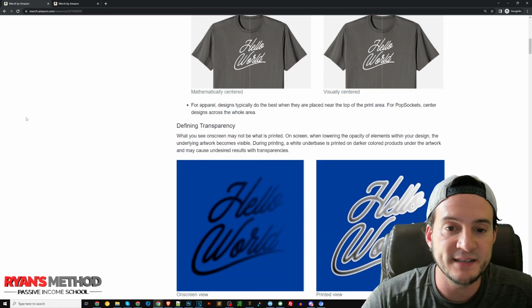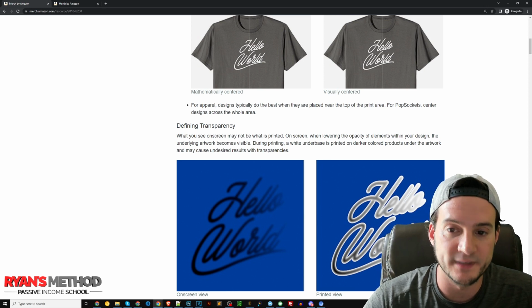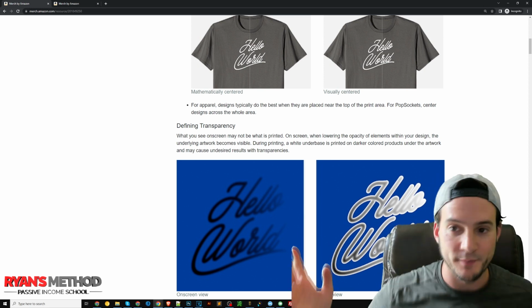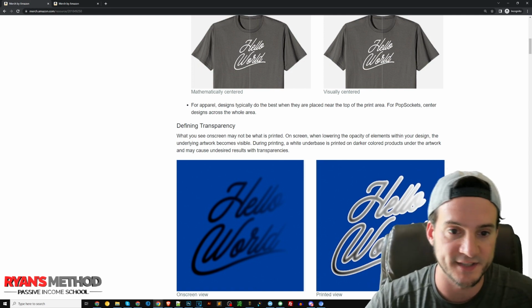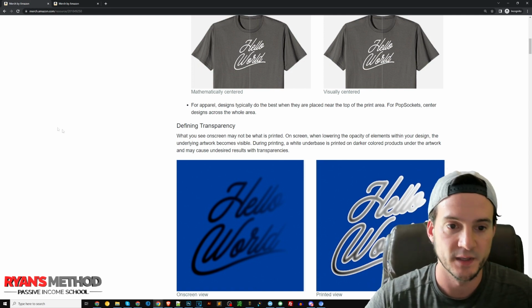For apparel, designs typically do the best when they're placed near the top of the print area. Oh my gosh, it's like I read their mind. For pop sockets, center designs across the whole area. So center horizontally and center vertically. All right,